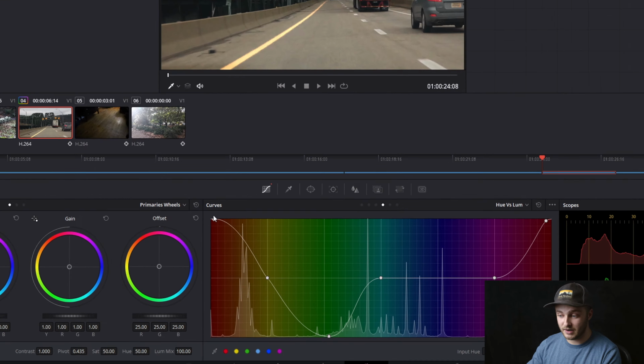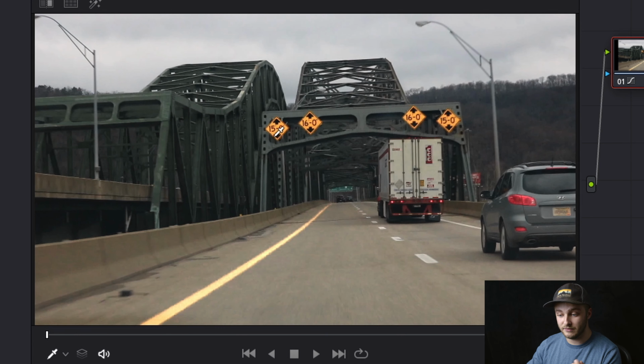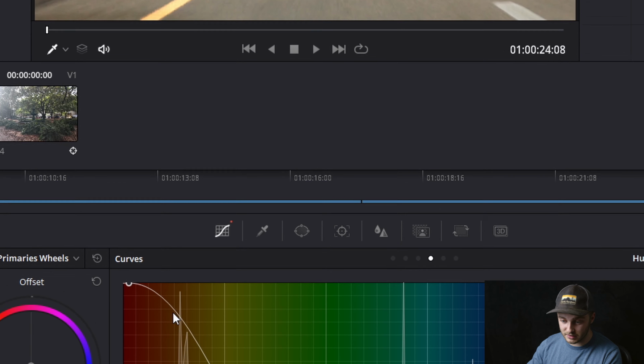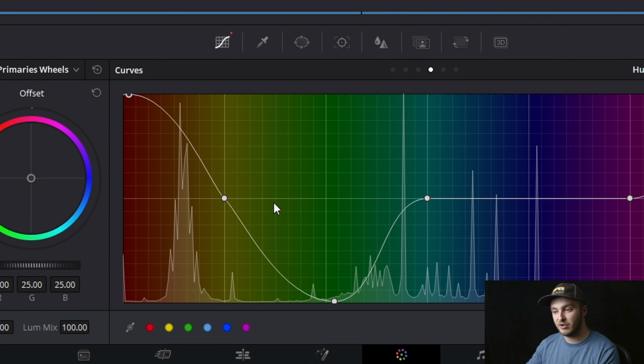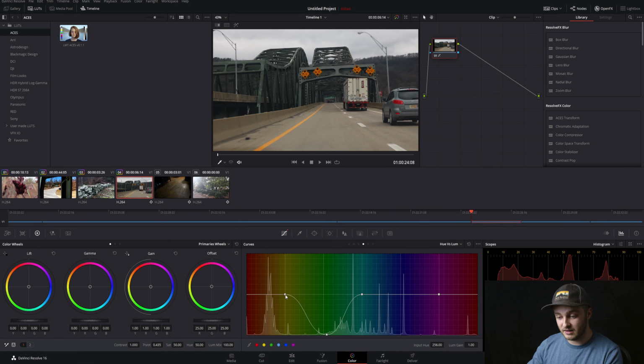And we can see right there that I created a curve between the red and the green, which also brought up the luminance of these yellows because they're included in this space. So we're bringing out a lot more of the other colors that aren't green, but if we really want to dial in on that green, we'll get rid of a bunch of these dots, get this reset,